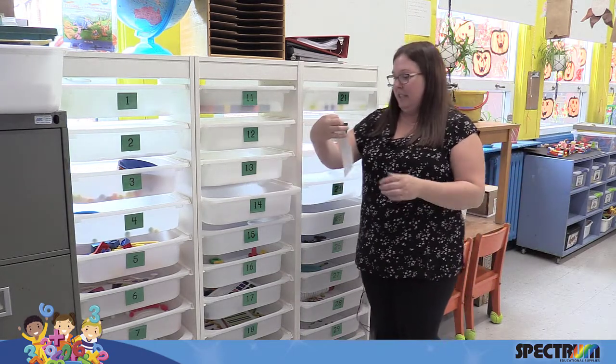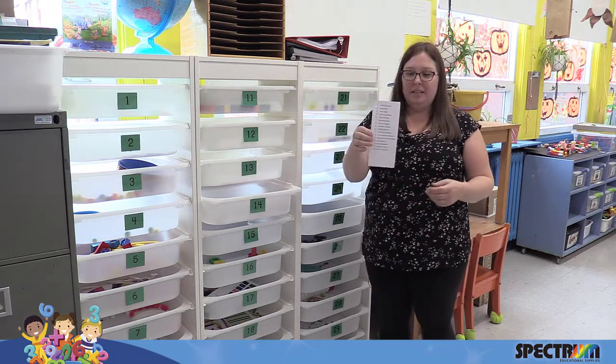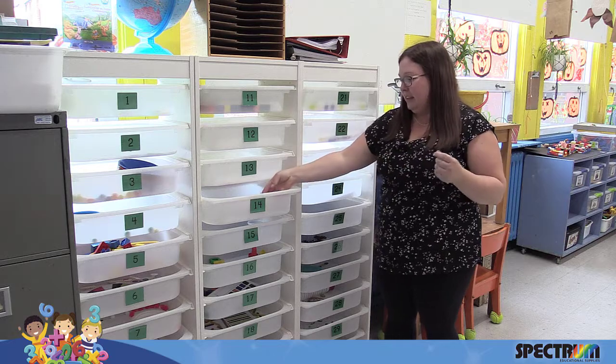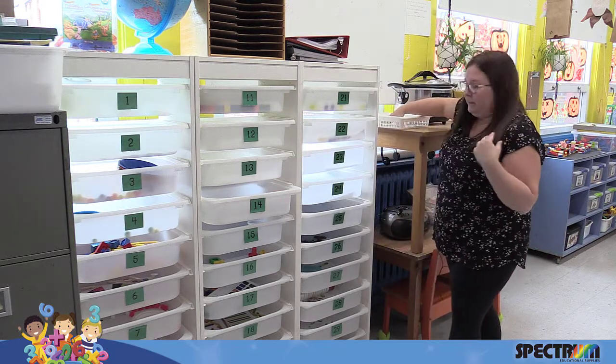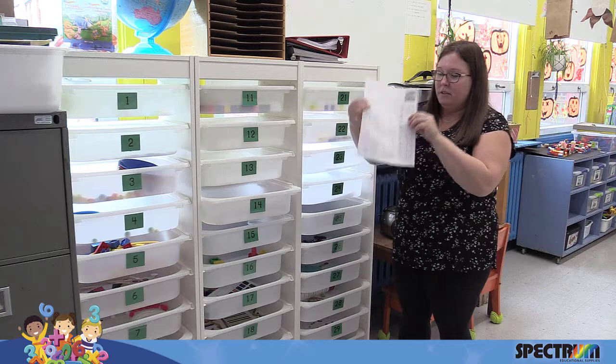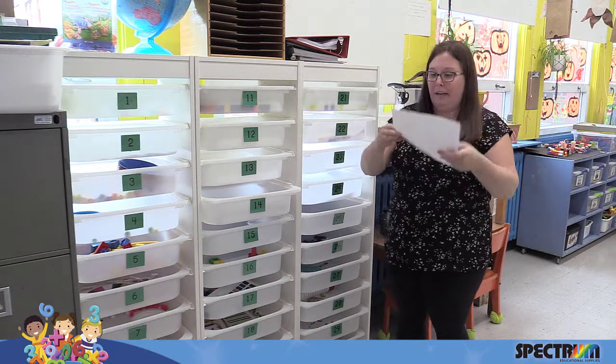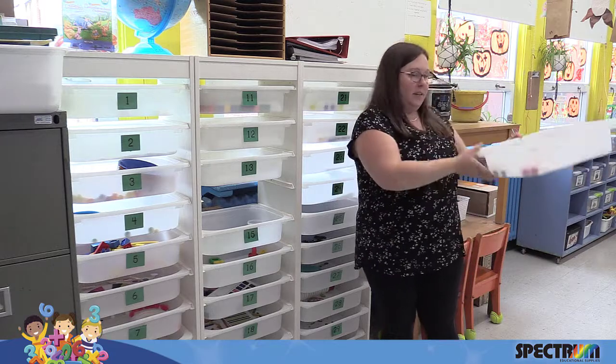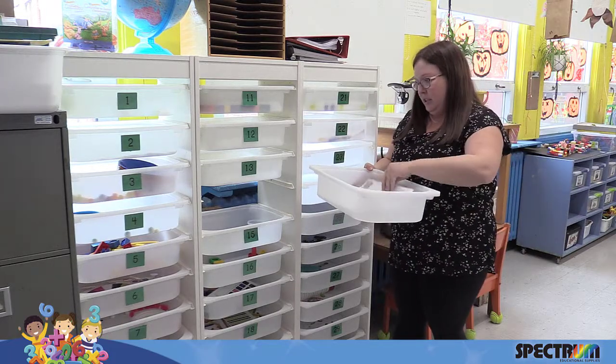Caroline, the way she does it is in her bins, she has a list where once the boys and girls are finished, they highlight their name. For my way of doing, I have a little track sheet. So the boys and girls keep this sheet. When I assign them a bin, I have the sheet in the bin, I give the bin, they complete it, and I just put the